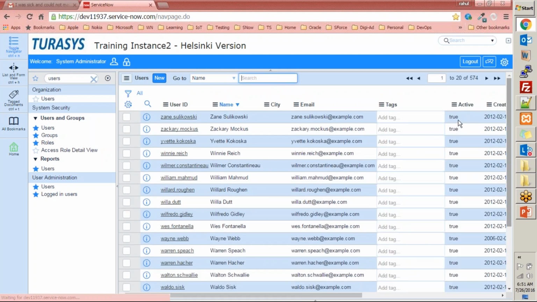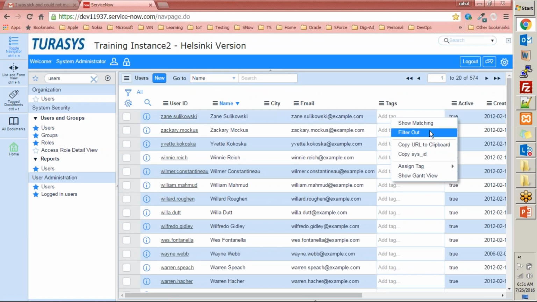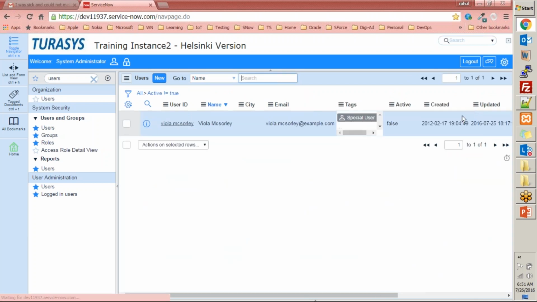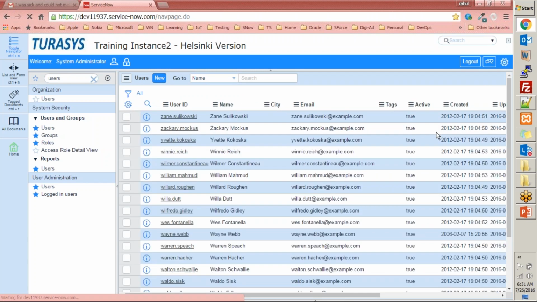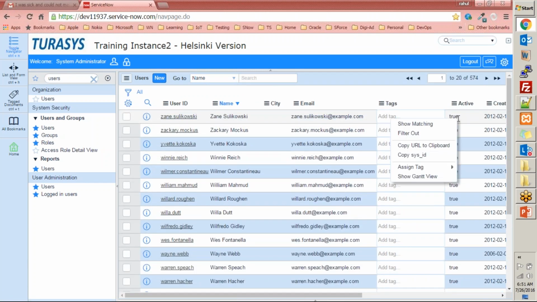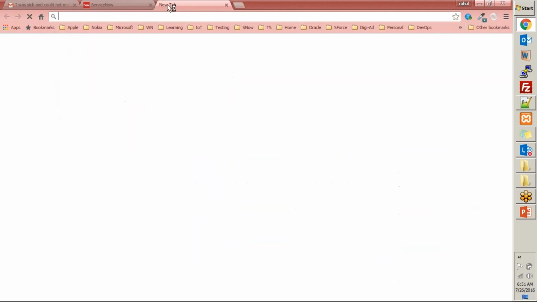If I go back and right click here and do filter out, it will not show me the records where active equals true, right? It is showing out of the 574 records, only one record is there which is active equal to false. And see the filter change to active not equals to true, right? Now if we go back here, if we want to copy URL to clipboard, it simply copies